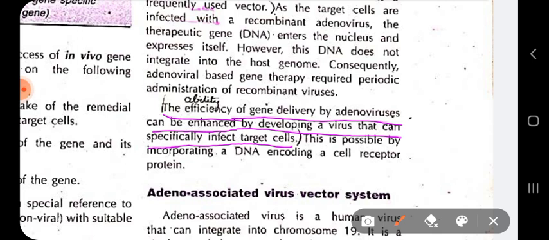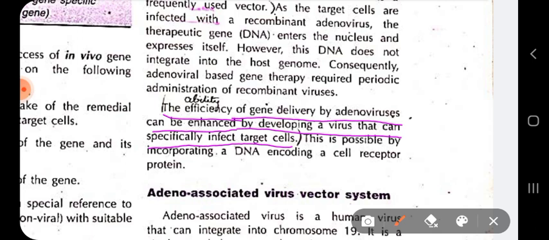So we can use this adenovirus so that a large number of target cells can be infected by them, and it allows our gene of interest, that is our therapeutic gene here, to be properly integrated within the target cells. And this can be possible by using an associated helper virus, as I have mentioned before,